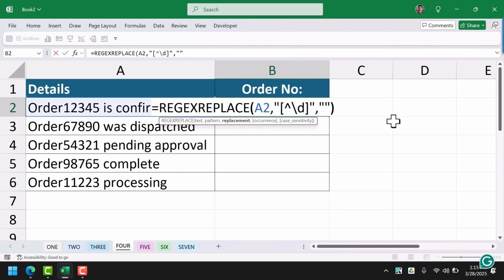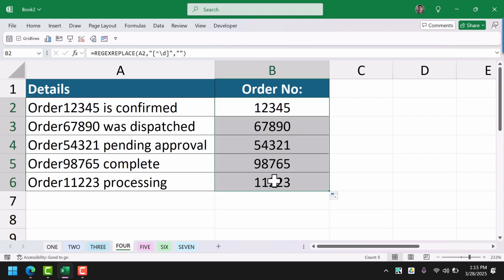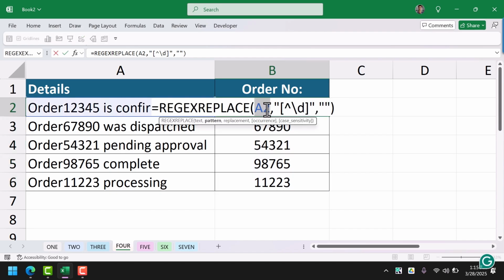And now when I close this function and hit enter, I get the order number from this text value in the status cell. And let me drag this formula to the last cell. So what I'm using here, I'm specifying the cell where I have the original value, and then this pattern which represents all the non-numeric characters, and I'm replacing it with nothing, and that is why I am left with only